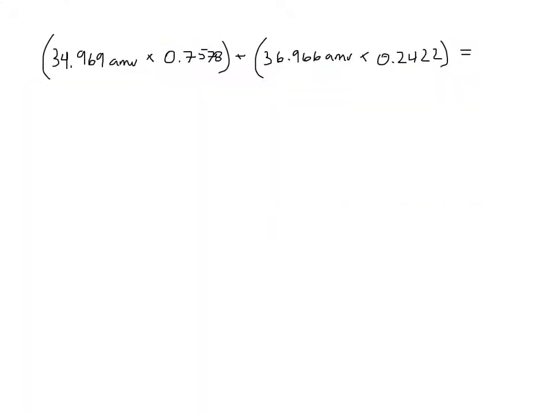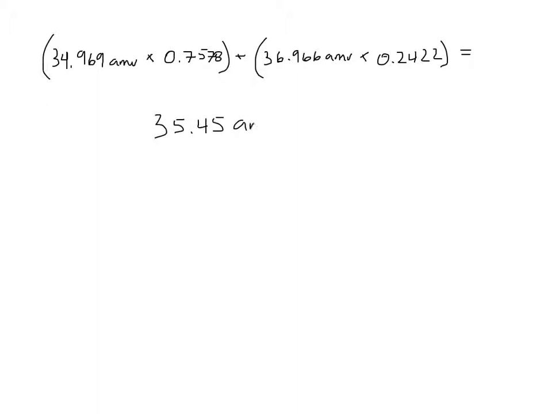Alright, so I took the data from the graph and from the question, and since the mass of isotope 1 is 34.969 AMUs and its percent abundance, so the number that was above it on the graph, was 75.78, put that into fraction form, 0.7578. So it looks like a larger percent of this particular element is this mass or this isotope of 35. And then I took the other AMUs and multiplied it by its percent abundance. So just multiply both those, add them together, and the atomic mass that we end up getting is